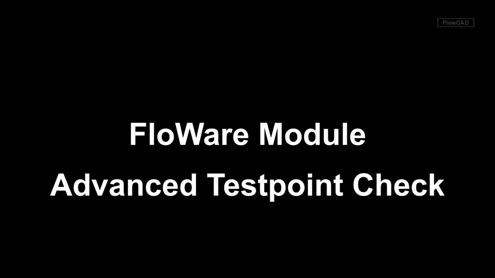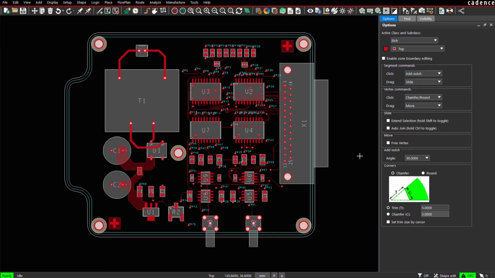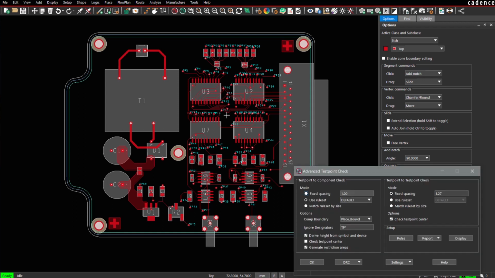In this video, we want to dive into the advanced Testpoint Check application. This application supports two basic types of testpoint spacing checks: testpoint to testpoint spacing and testpoint to component spacing. We'll focus now on testpoint to component spacing, which allows us to check testpoint spacings to component boundaries by taking the